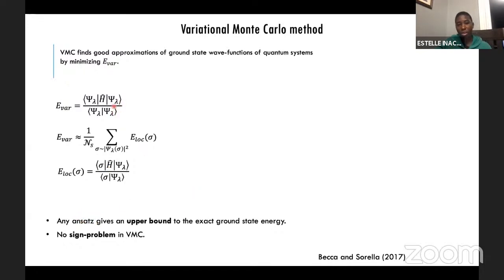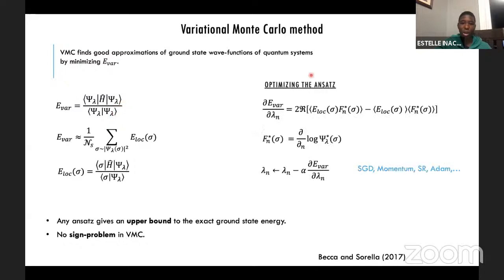And next, how do you update the parameters of your ansatz? It is simply by following the gradient. You have this exact formula for the derivative of the variational energy with respect to the variational parameters, which is given by this, and you just replace the quantum expectation values by the statistical ones, literally. And you choose whatever flavor of optimizer to update your parameters, either stochastic gradient descent or stochastic reconfiguration or Adam. But we use Adam because it was better for neural networks using TensorFlow.